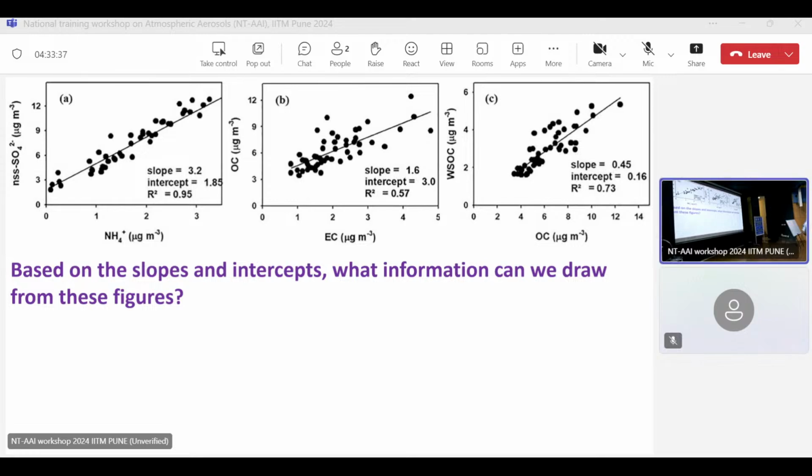R square is 0.5 here. Not very good, but